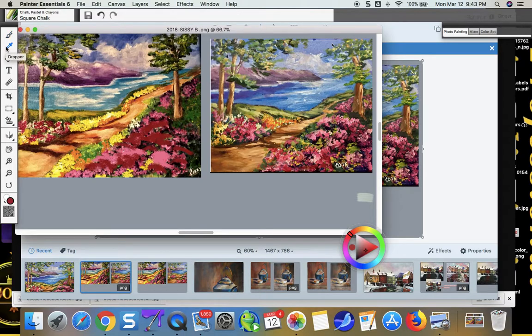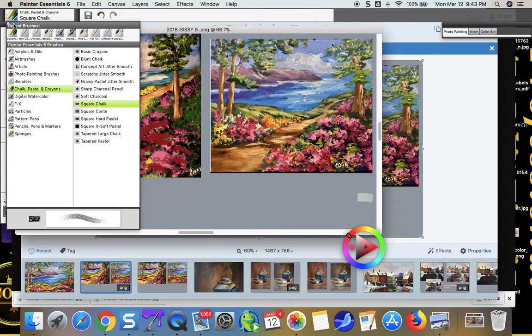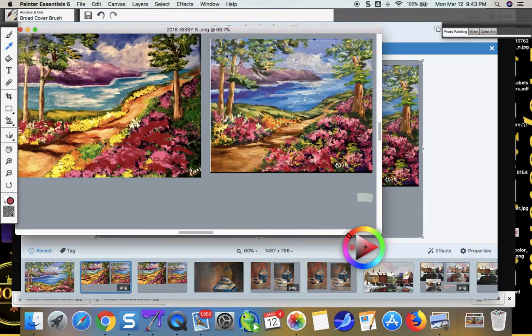I think I needed to start with the dark colors first. I prefer to start with the dark colors and then come back with the lighter colors on top. It is so much easier. Even over here, these are pretty good, but these back here, when you look at them, are big. Let's make these lighter again. Here, we're going to come up to acrylics and oils. Now we're going to do this with that. I'm going to come up here with my,